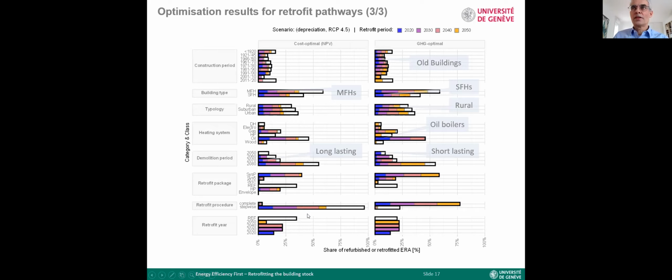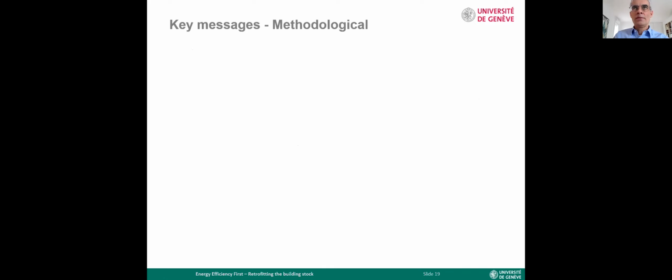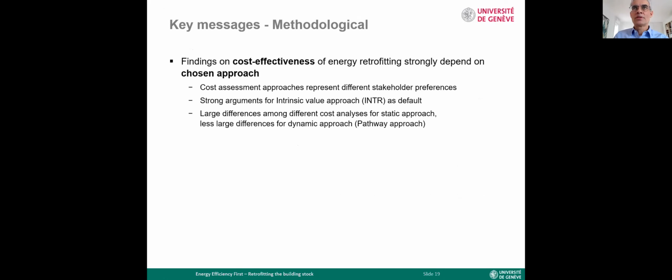So this is the type of results we get, and I'm coming to the conclusions. Sorry, I took a little longer. So the key messages in methodological terms are that we really need to be careful with the cost assessment methods, because they very strongly determine the results, especially if we go for a static approach. We think that there are strong arguments to go for this intrinsic value approach for the reasons I gave, and